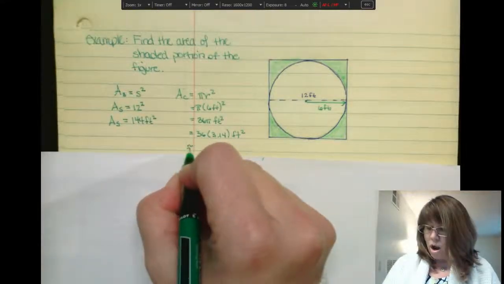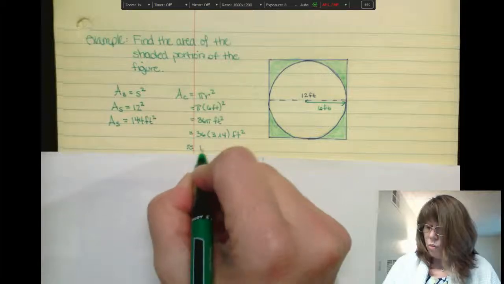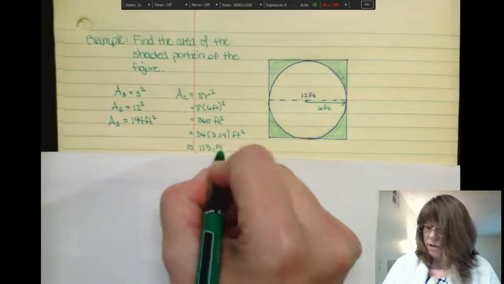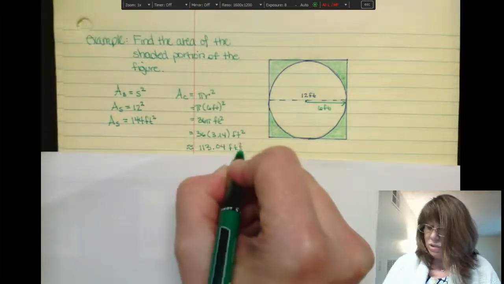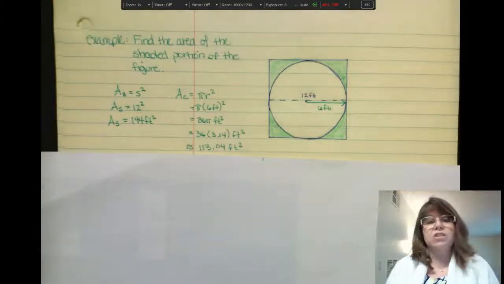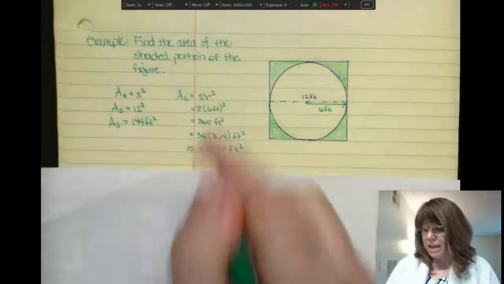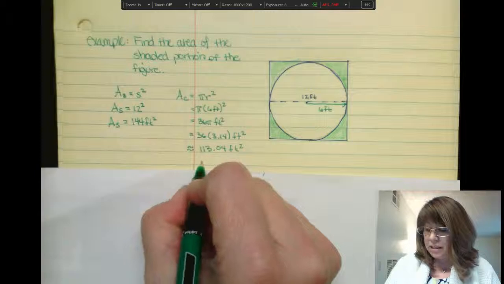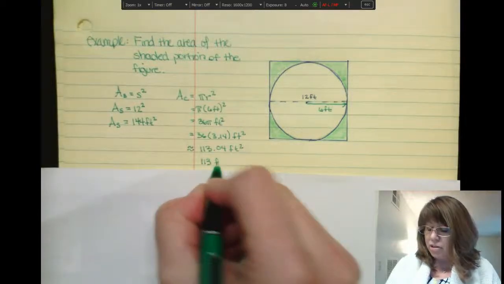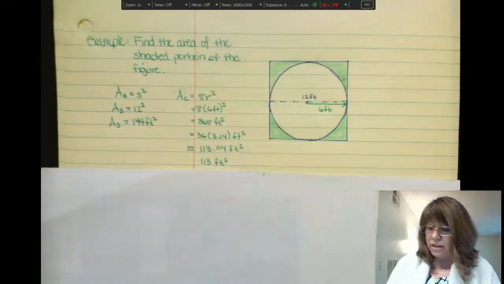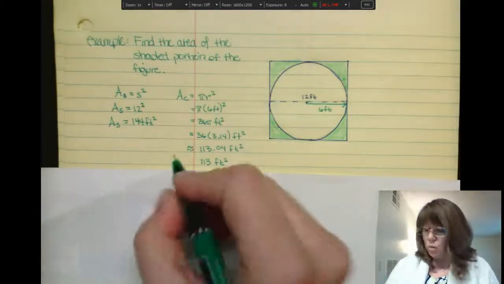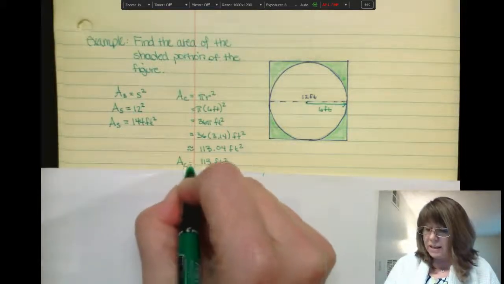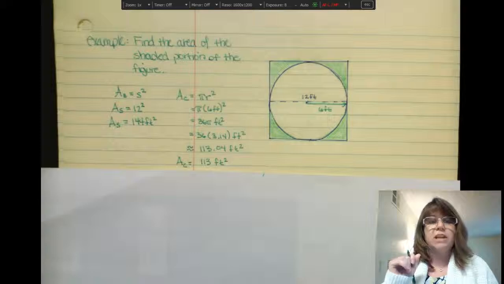This is giving me the approximation of 113.04 feet squared. Now I'm going to round that to the whole number, so I'm going to go ahead and say that it's approximately 113 feet squared. Now remember, what I really want, and I'll go ahead and say it equals that, although we know it's an approximation,